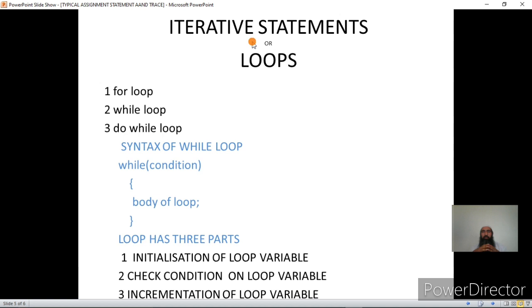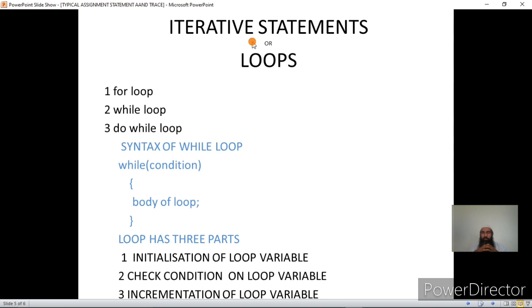Now these are again control statements, which are used to alter the control flow of the program. Normal control flow of the program is sequential, but in conditional statements we have seen the normal control flow is altered. That is, a statement may be executed or it may be skipped based on whether the condition is true or false. Now let us see what are iterative statements or loops. Iterative statements or loops can be defined as the programming constructs that can be used to execute a set of statements again and again.